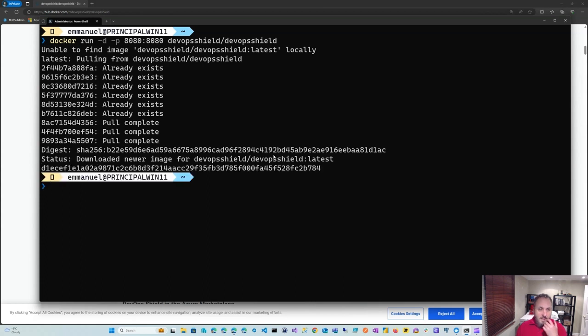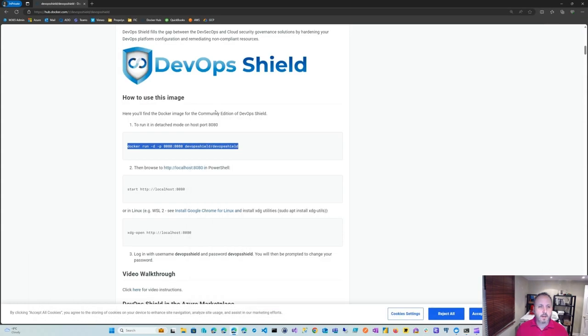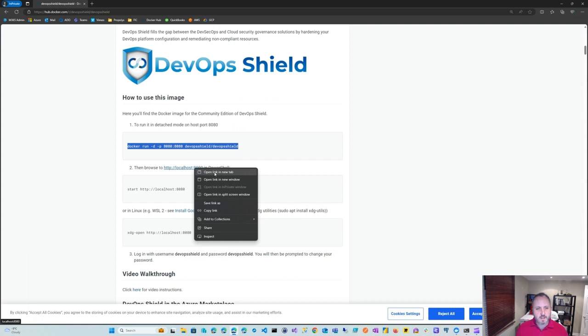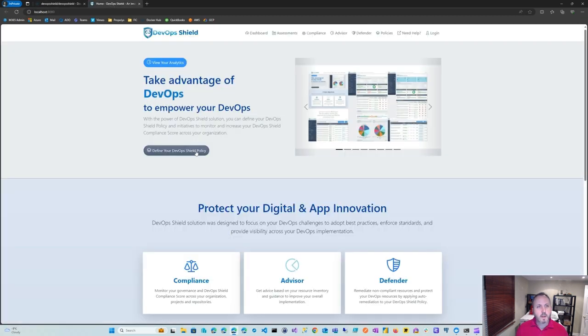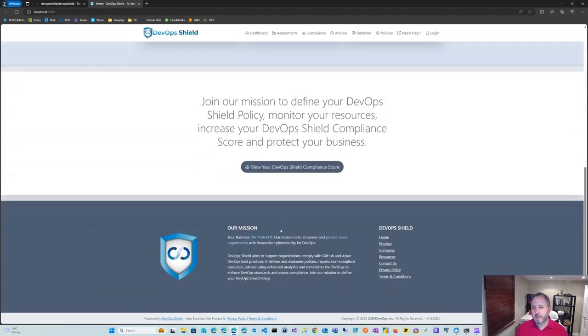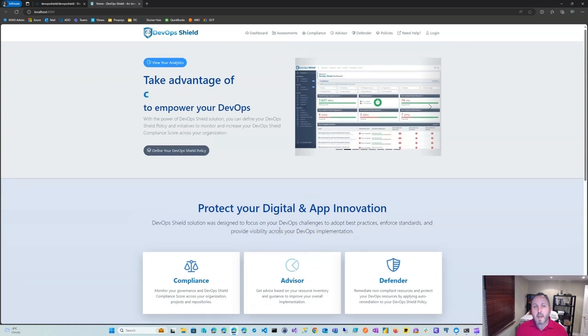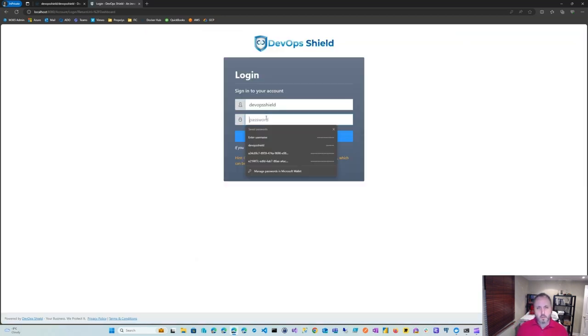And it's as easy as that. It's running in detached mode. We're going to go ahead and browse to this now private instance of DevOps Shield running on port 8080 by default. And there you go. We have the latest version. And it's the same kind of login at the beginning. So you do log in with DevOps Shield